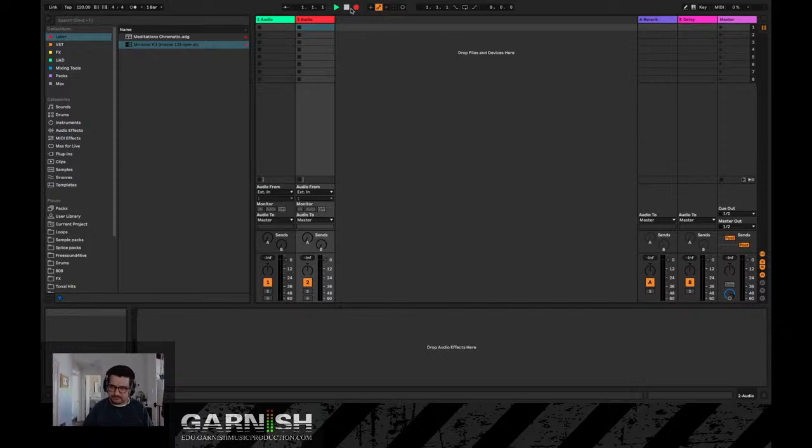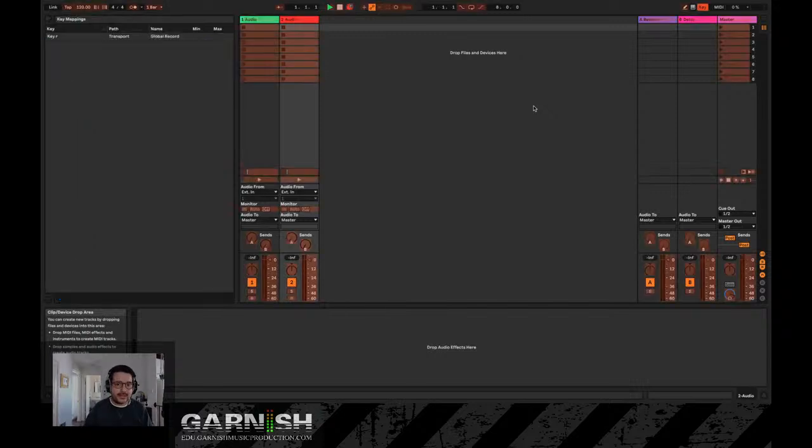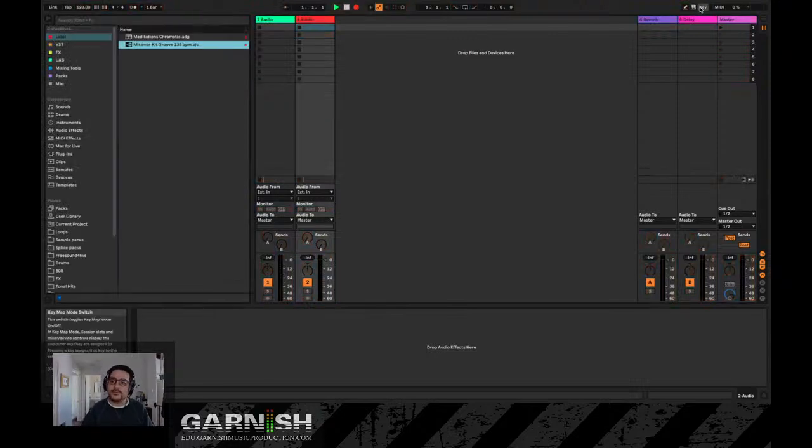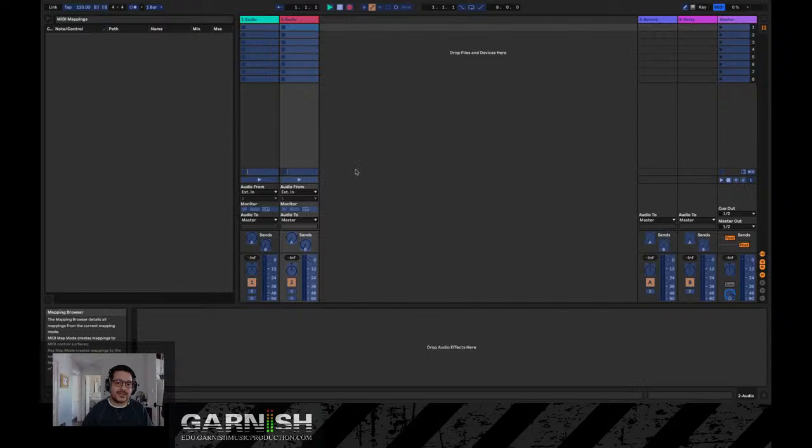So again, I can hit the key switch up here, or on my Macintosh computer, I can hit Command K, and I can come over here, hit delete on my keyboard, and now it's back to its default settings. Okay, hit Command K again for key switch mode, and then that will also be deactivated. Next to that, if you hit Command M, you'll notice that the same parameters have been highlighted, but